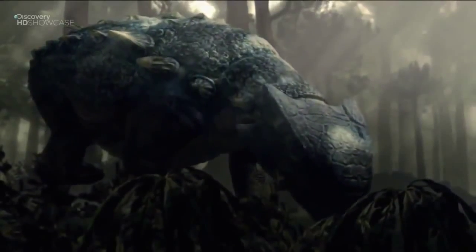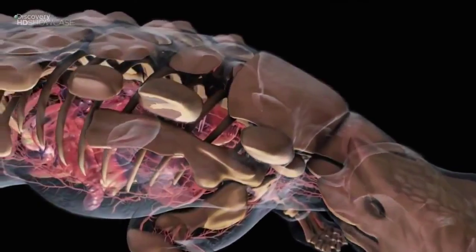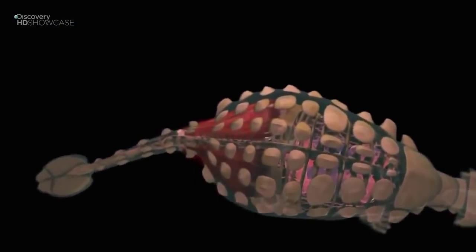Protective plates made of bone and cartilage cover this lumbering creature from head to tail. Light but extremely strong, the hide of Ankylosaurus is built like a bulletproof vest. And that's not all. Ankylosaurus is armed with a deadly weapon,